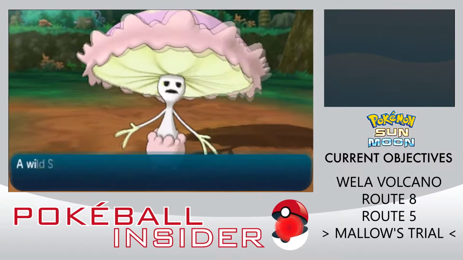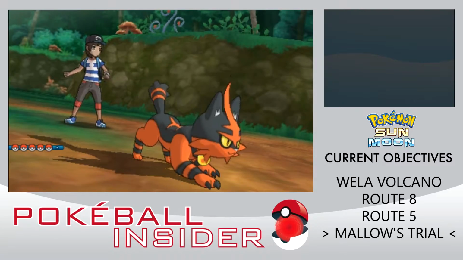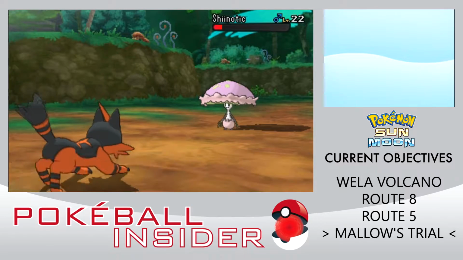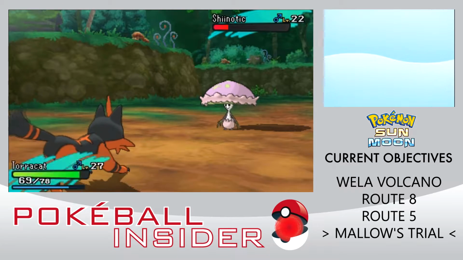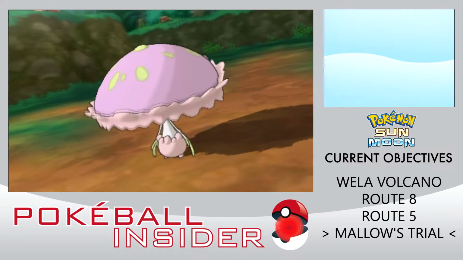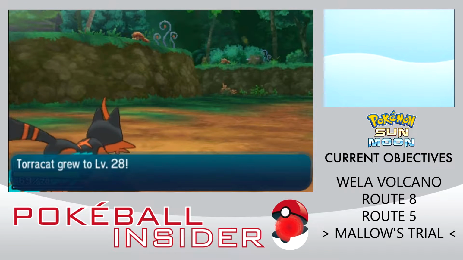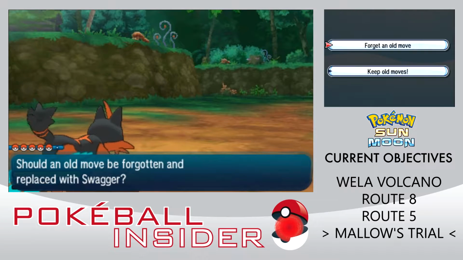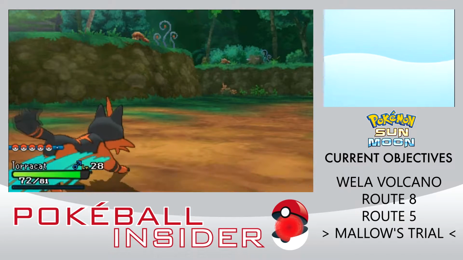And every time you pick up an item, you are gonna have to defeat a Pokemon. This is a Shiinotic, based off a mushroom, which is appropriate given the situation. Torracat almost got the 1-hit KO. Let's learn Swagger. It's not an awful move for a Torracat, but